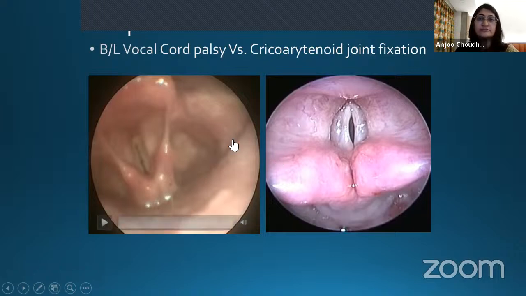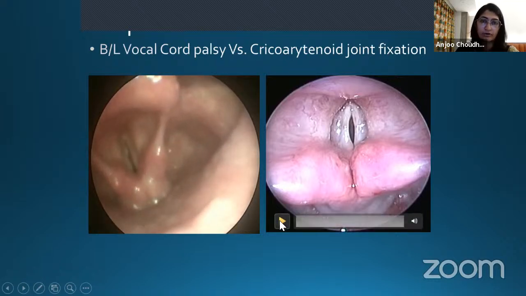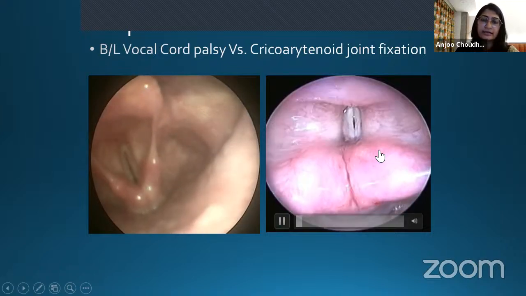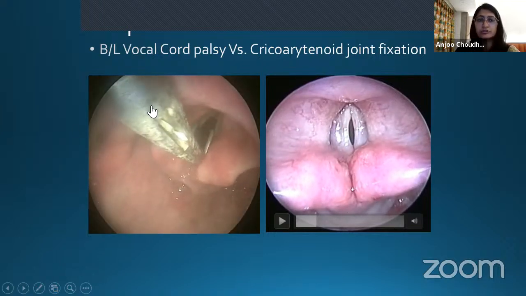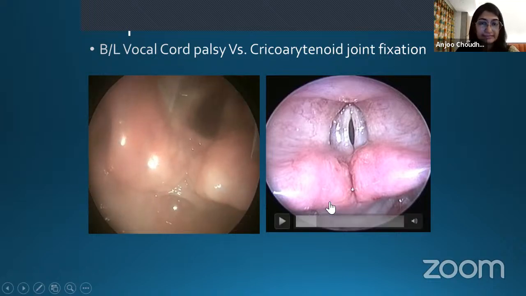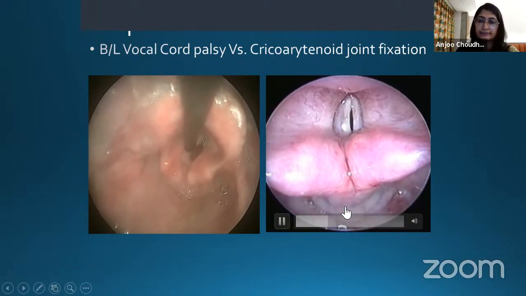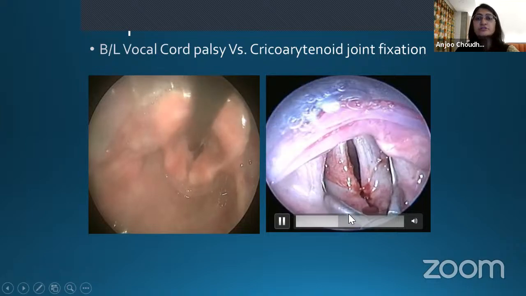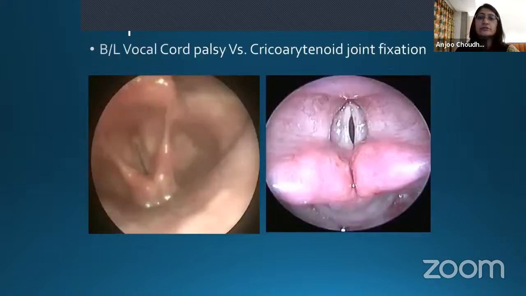Now, bilateral cord palsies are seen in many patients who are intubated for a long time. They present to us like this. We see that this is bilateral cord palsy. But when we check them under anesthesia and give relaxant, we use a vocal fold retractor. In this case, if the vocal cords get retracted nicely, it's vocal cord paralysis, not fixity. While in this video, you will see when I put this vocal fold retractor, they will not get separated. So this is cricoarytenoid joint fixity. Those are two different entities which we will be able to diagnose only if we do an endoscopic assessment